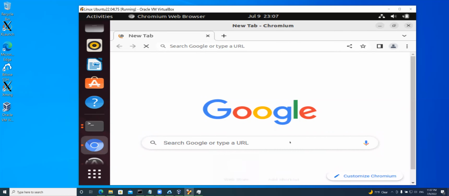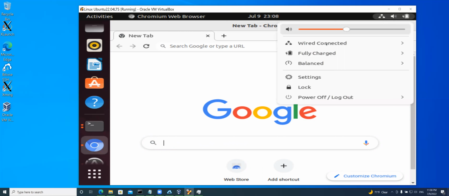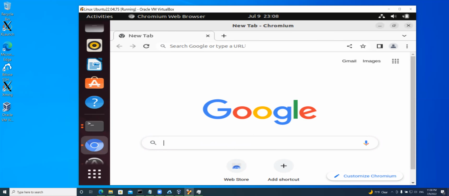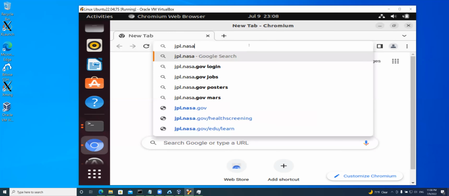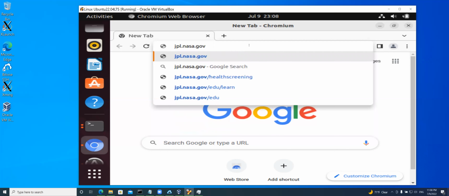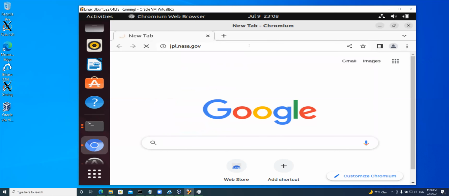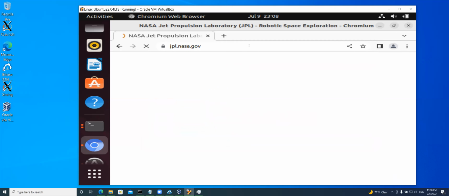But for this one, you can see that Google is already up and running. And if I just go to a website here, I'm connected to the internet, I can just see that it's already on the internet. I am connected on the Ethernet, so my connection is wired and I have connection. I can also reveal that information. So if I just go to jpl.nasa.gov, that will just take me to the JPL website, and you can see it is a secure port, https jpl.nasa.gov, which is NASA Jet Propulsion